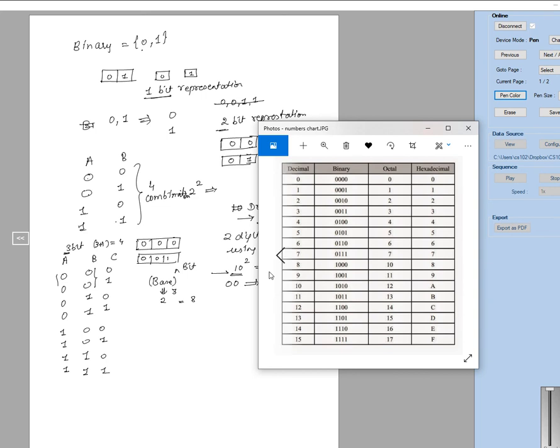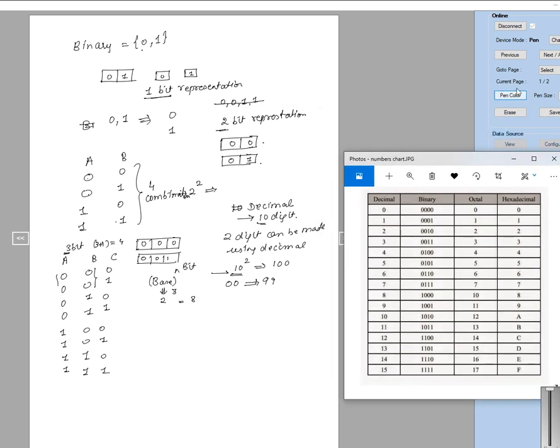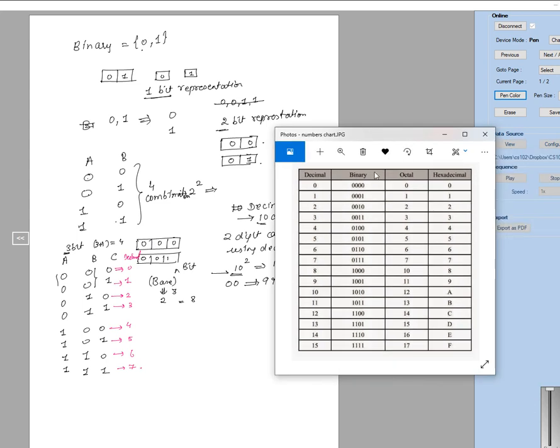Fine. So this was the binary number representation, and now let me write the decimal equivalent. Let me change the pen color. All zeros is 0 in decimal. This is 1 in decimal, this is 2, this is 3, this is 4, 5, 6, 7. It is always a good idea to memorize the binary, decimal, octal and hexadecimal up to 15, right? Octal is not much used, but for the syllabus we will cover octal conversions also. Usually we have decimal, binary and hexadecimal.